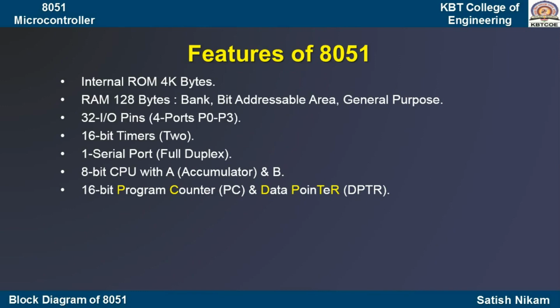Similarly, to point to data, we have the data pointer register, DPTR, which is of 16 bit. Then there is an 8-bit status word. By the execution of some arithmetic instructions, information is generated on whether the carry flag, auxiliary carry, parity flag, or overflow flag is set, and that information is stored in the PSW register, the program status word, which is again 8 bit. The function of the remaining 3 bits we will discuss in detail.